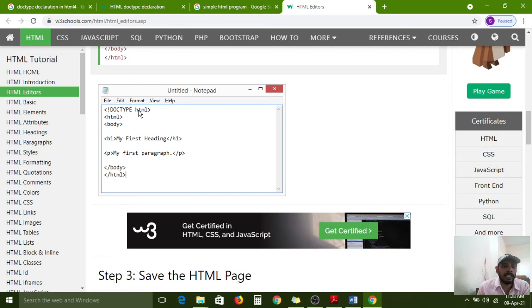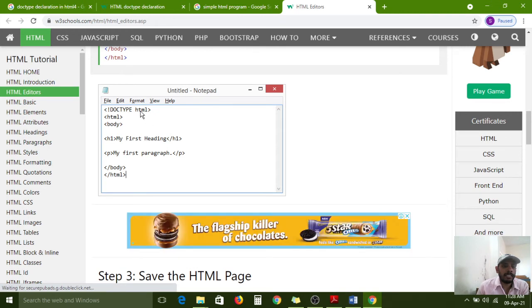Actually we have HTML1, HTML2, HTML3, HTML4, HTML5, five versions. In each of the older versions, HTML1 to HTML4, the doctype declaration is very critical. But in HTML5, it is very simple. You can simply write the lowercase word HTML, and the browser can understand that the project is completely HTML5 based.